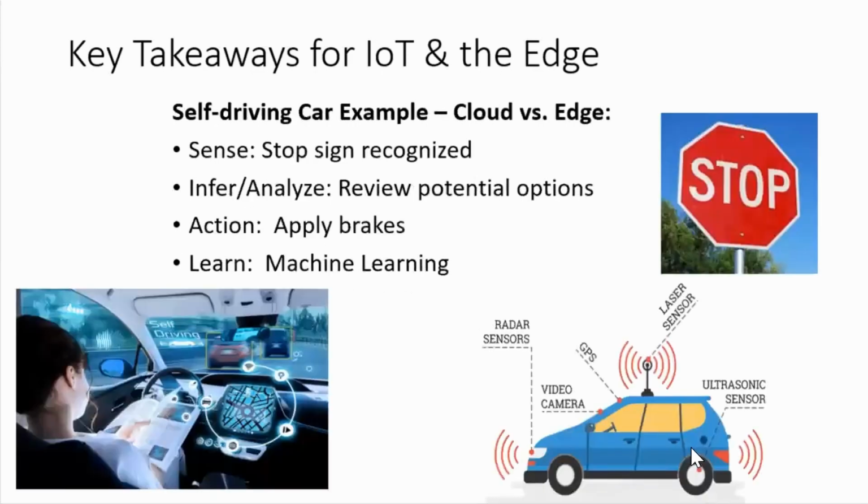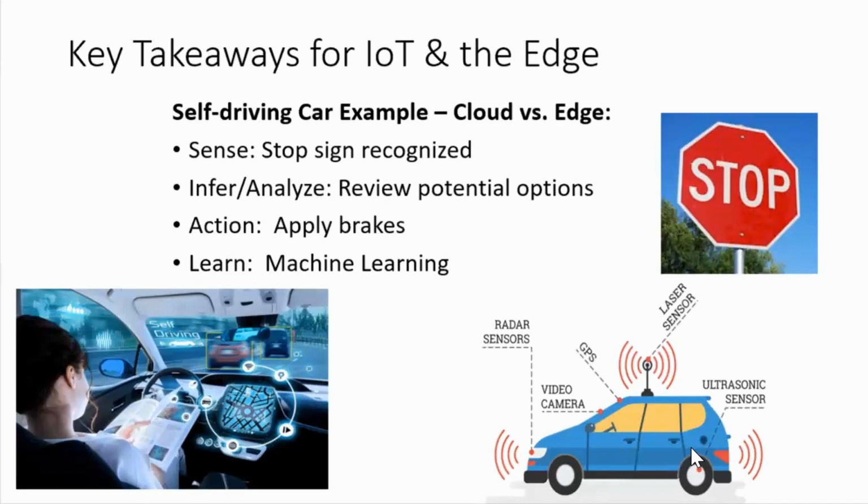I love the self-driving car scenario. That's why I keep bringing it up. By the way, the automotive industry is probably the most all in with IoT of any industry in the US. They're very well invested in IoT. So again, we have 4 components when we're talking about IoT and the edge. With the self-driving car, we have to sense something. We have to sense things all around us. We talked about how a sensor is key. One of the key components of an IoT device is a sensor.